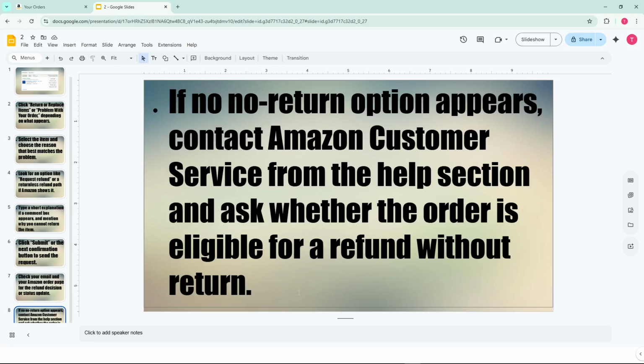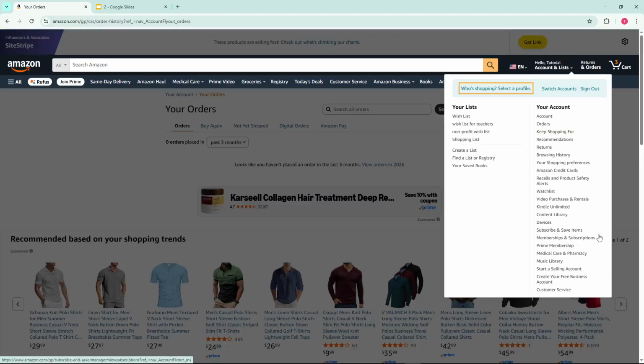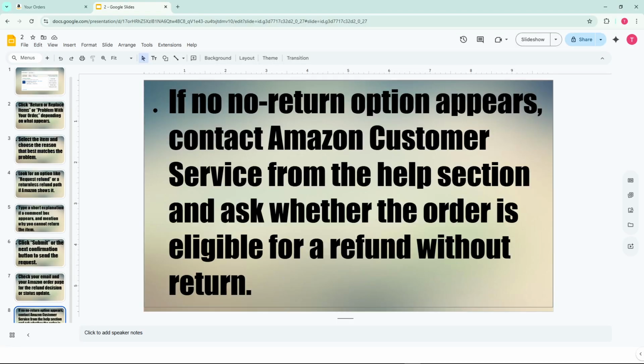If no return option appears during the process, contact Amazon customer service from the help section and ask whether the order is eligible for a refund without return. Sometimes speaking directly with a representative can help clarify your options, especially if the automated system doesn't offer a returnless refund upfront. And that's it. You've successfully navigated the process to request a refund on Amazon without having to return the